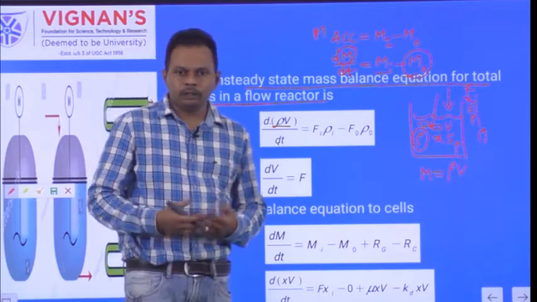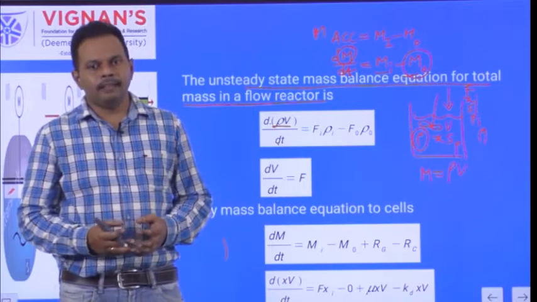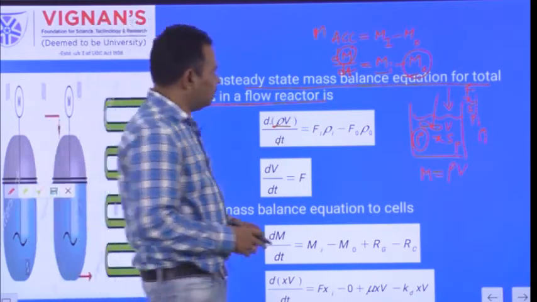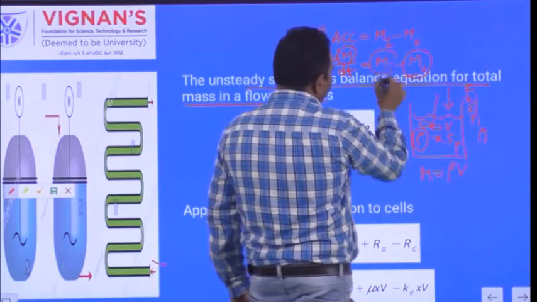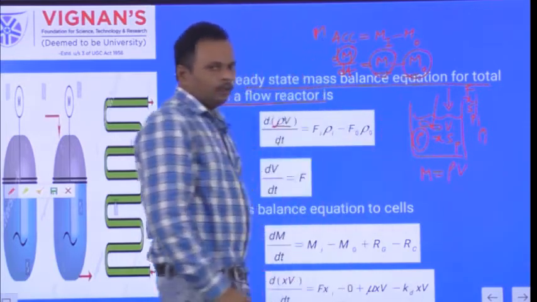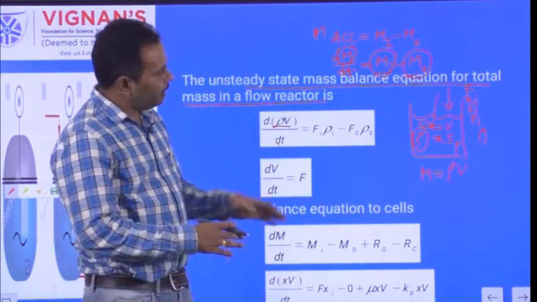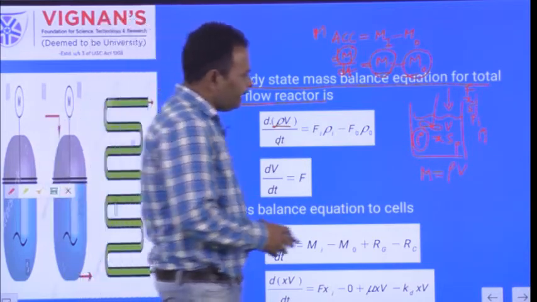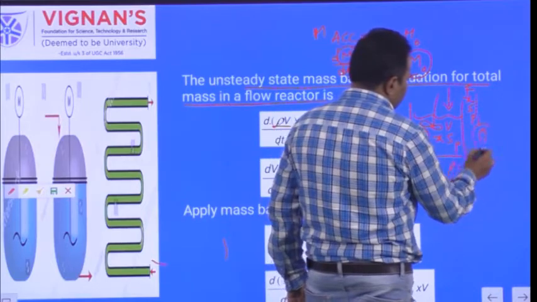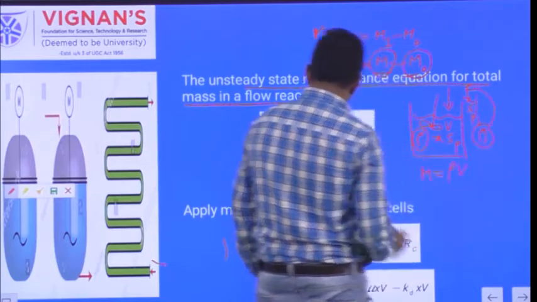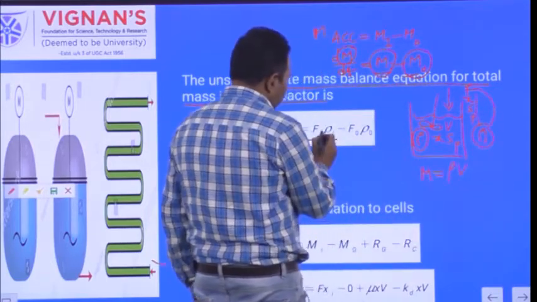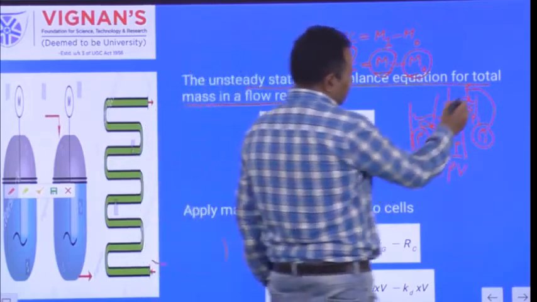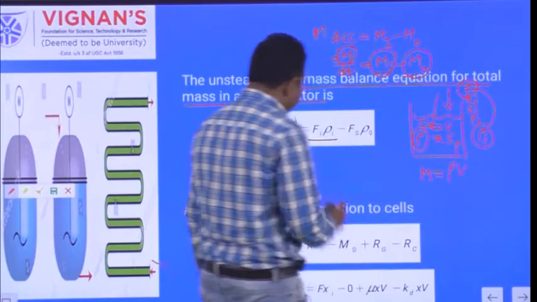This total mass includes the substrate, cells and the product, and it is equal to what is Mi? The total mass entering the fermenter during the biological reaction. During the biological reaction, we are adding feed, and assume that feed density is rho I. Now take this F into rho I. When you write F into rho I, this is supposed to be Fi rho I, but in place of Fi, the notation given in the diagram is F. First write Fi rho I.